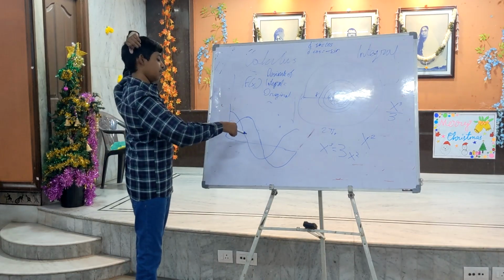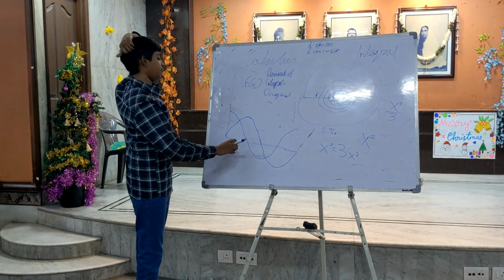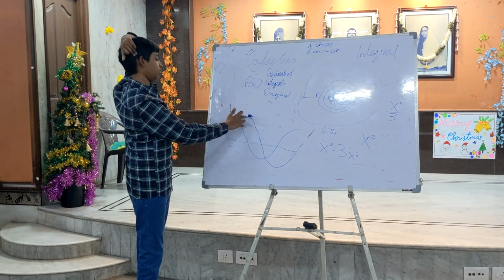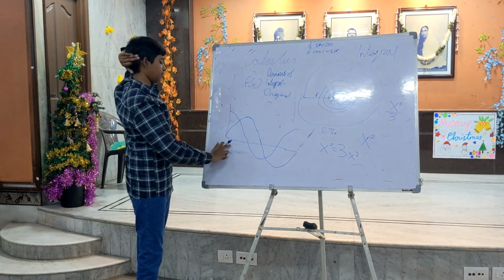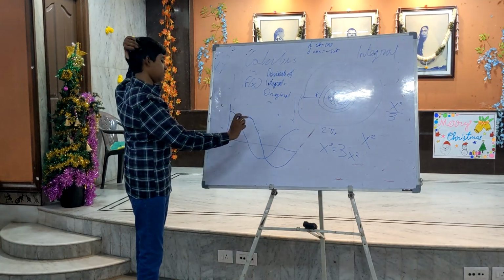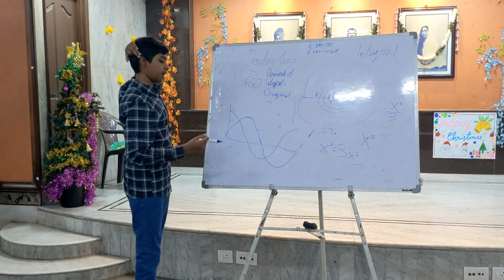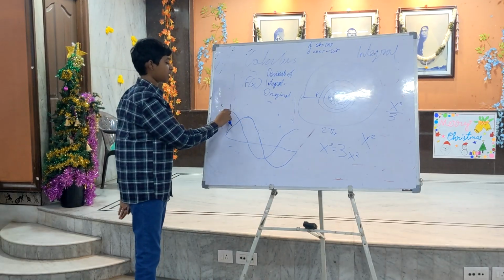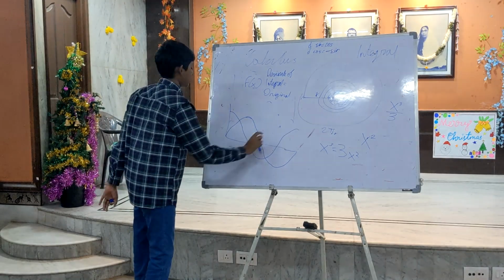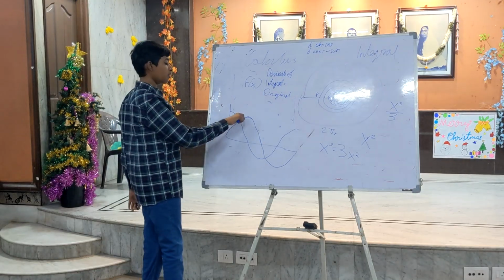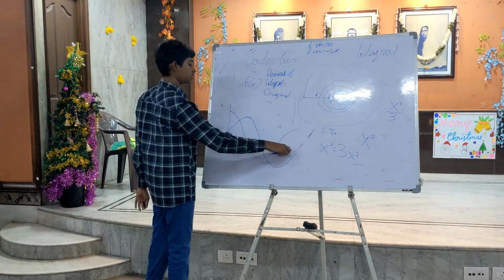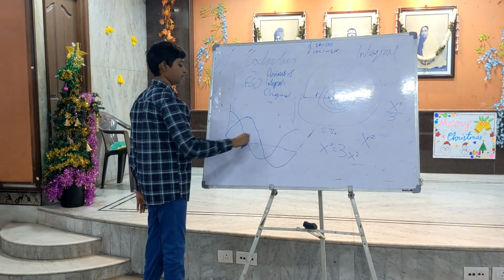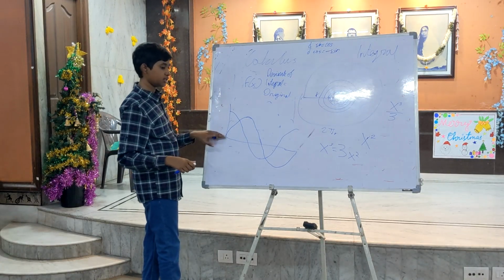Cosine means cosine is the negative of the area under sine. Sorry, the integral of sine is equal to negative cosine, but that does not mean integrals work in an absolute way. Cosine starts high, then goes low, then goes high. Sine starts 0, high, 0, low, 0. Cosine goes high, 0, low, 0, high. This one is cosine, this one is sine.